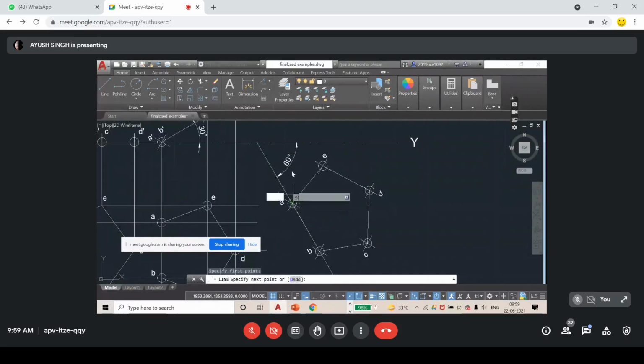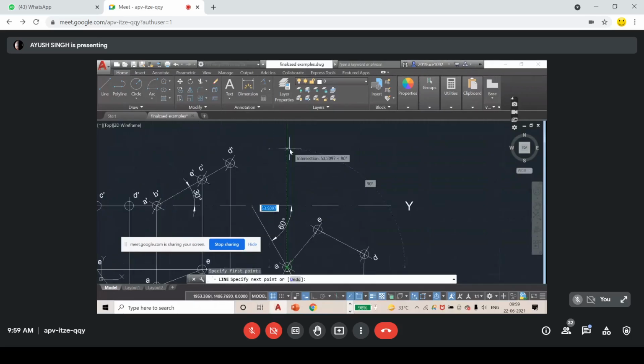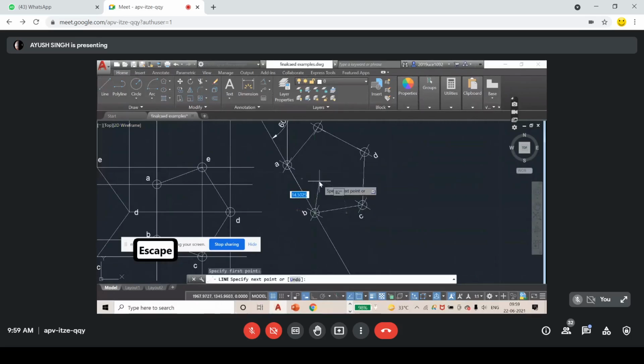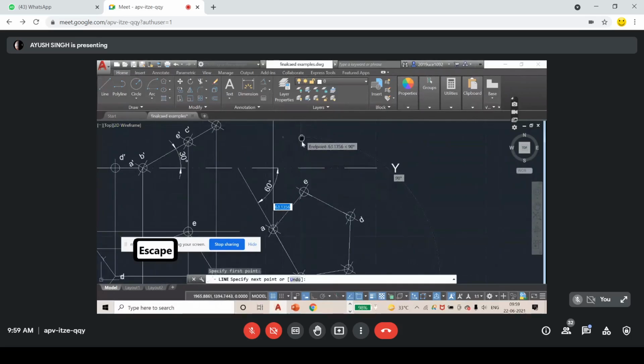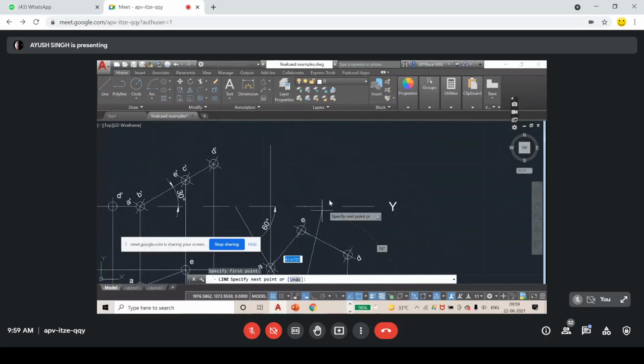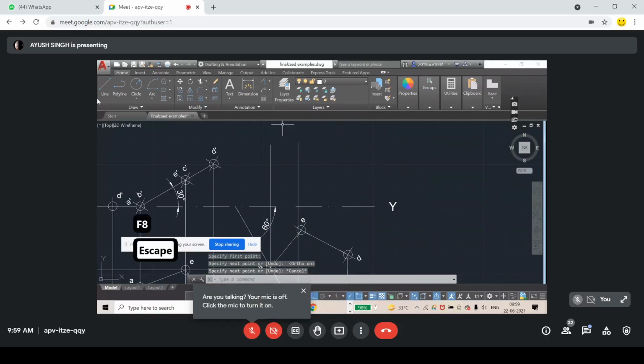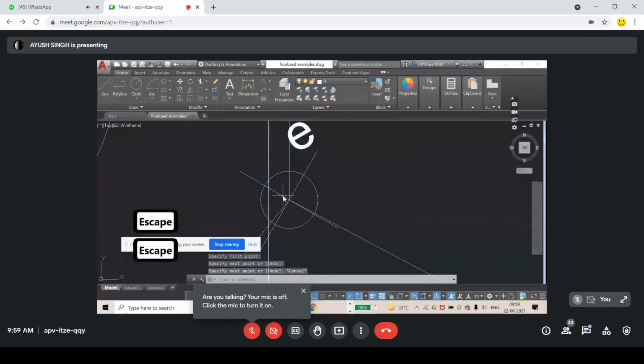So now I am taking the projections. You know about this, right? That's the F8. And do zoom in to see if you are selecting the correct point.